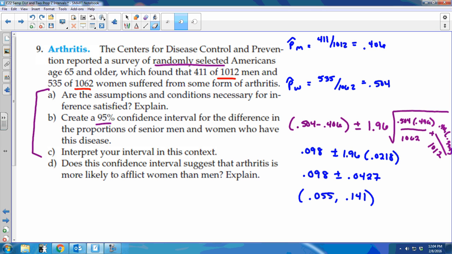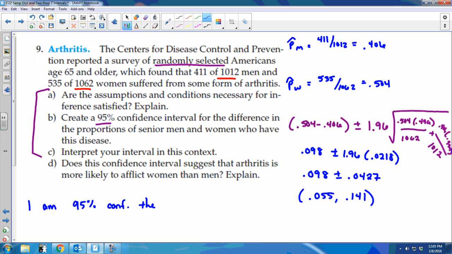Now, here's the deal. You can use this general template that I gave you before, and I'll go ahead and write the conclusion that way. But then I'm going to write the conclusion in a different way that sort of makes more sense. They're both correct, but we're comparing two things. So the second statement is going to make more sense, but we'll go with the first one for now. Normally we would say I am 95% confident